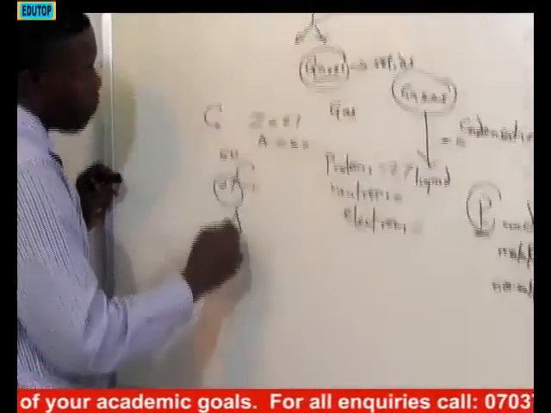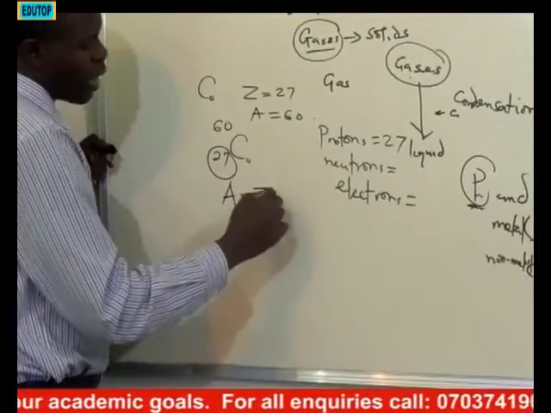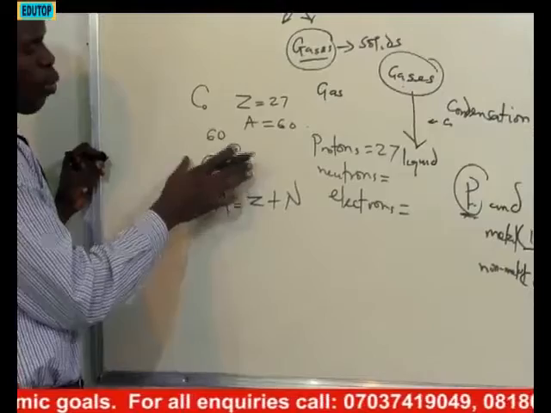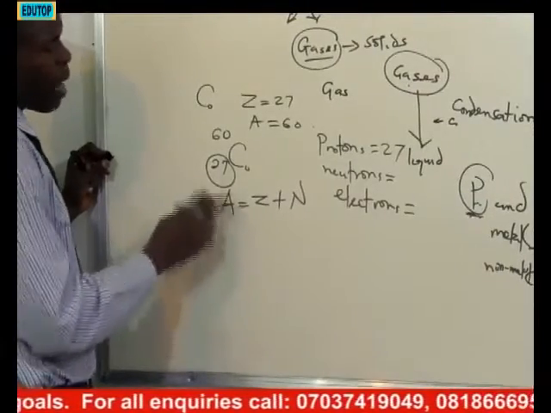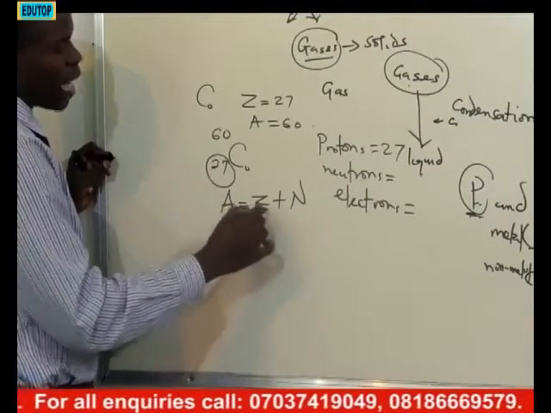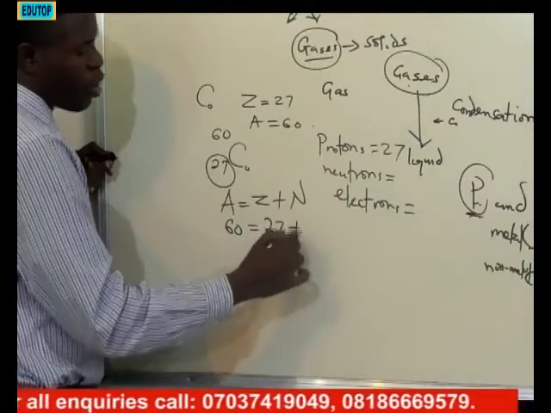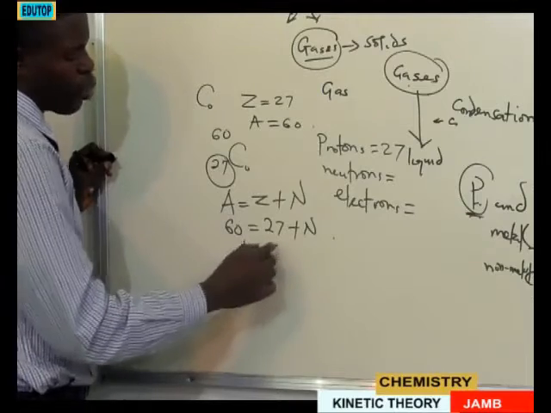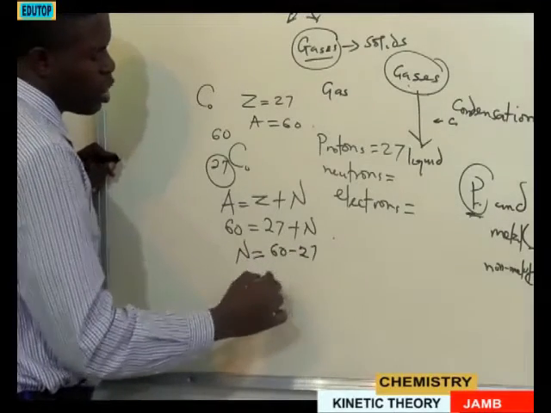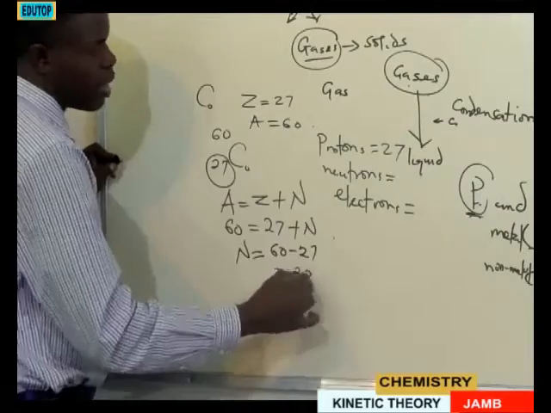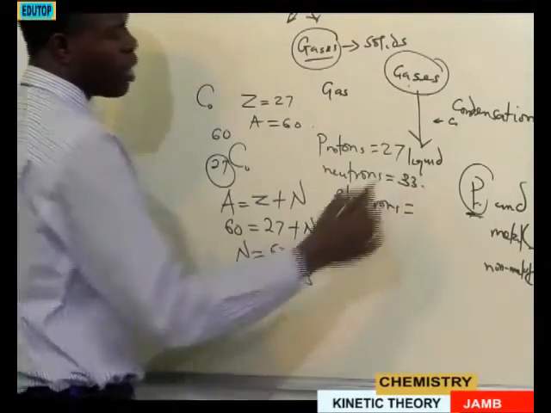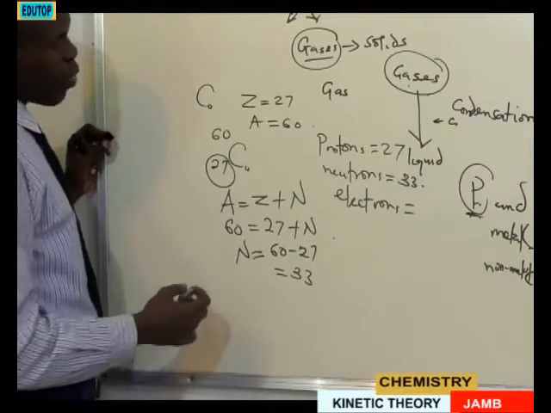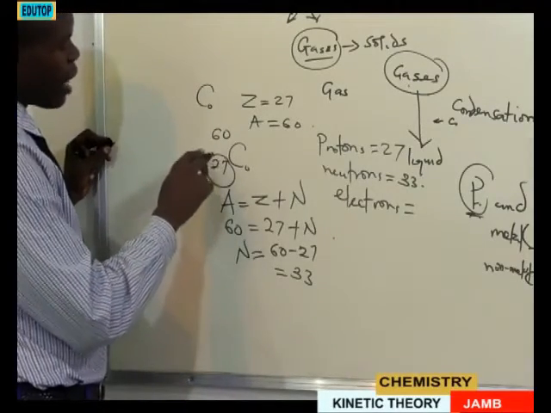I said mass number is equal to Z, which is the atomic number, plus the number of neutrons. In this scenario, what is the mass number? Mass number is 60. What is the atomic number? 27, plus the number of neutrons. So let's make the number of neutrons the subject of the formula. So we have 60 minus 27. So in this situation, we're going to have 33. That means the number of neutrons will definitely be 33. Then number of electrons. Number of electrons will definitely be the number of electrons in this